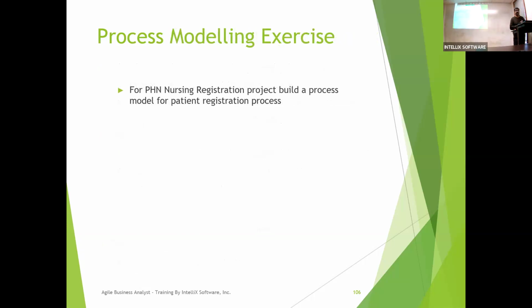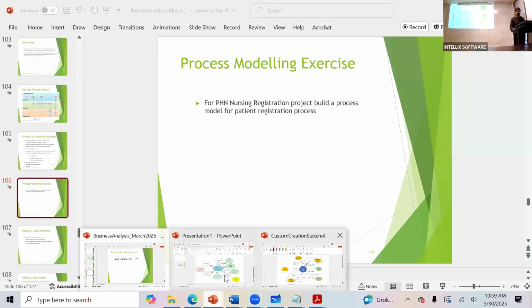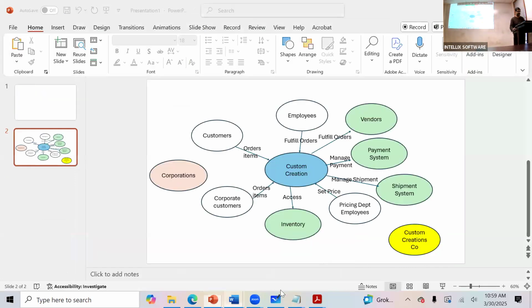Okay, so let's do an activity. I'm going to do it with Custom Creations. The first thing you need to start understanding is from your context diagram and your stakeholders. So when I look into Custom Creations,